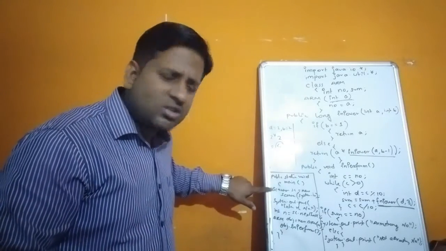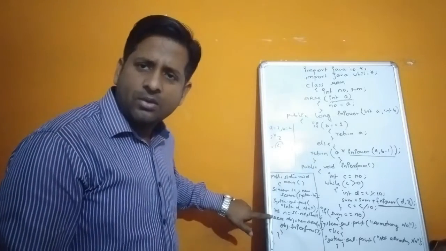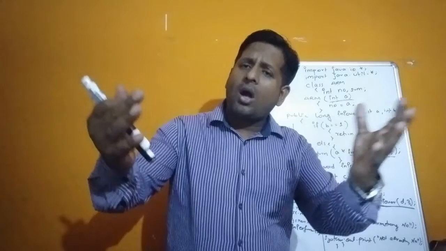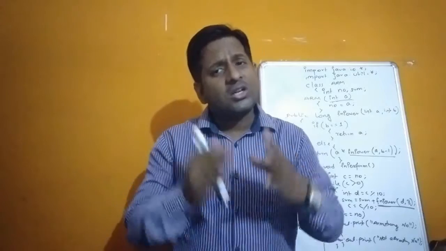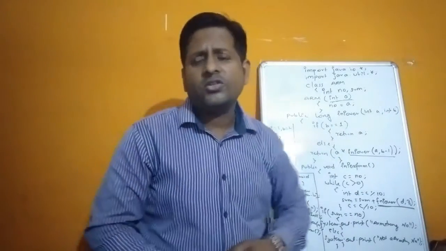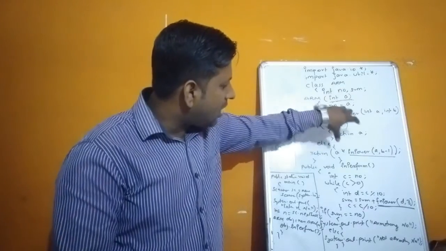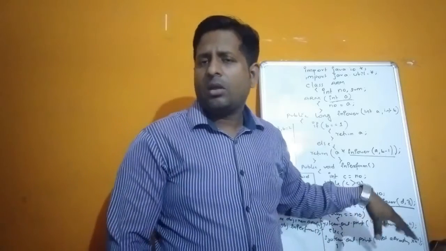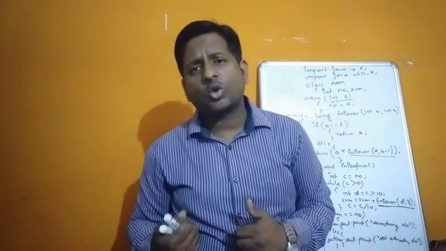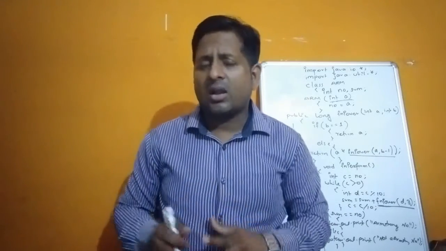Write the main function, write the Scanner class, ask the number from the user, store it in a separate variable, create the object. Now with the help of the object you need to call the functions. But remember one thing, don't call the recursive function, because recursive functions are automatically called in some other functions. They are the helping functions. So we are not going to call the recursive function separately. If you call those other functions, the recursive function is automatically called also. Then close the function and class.